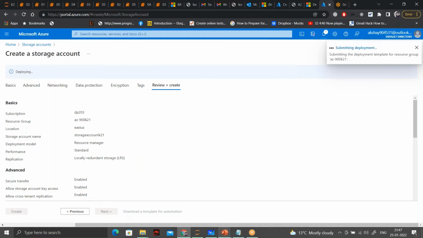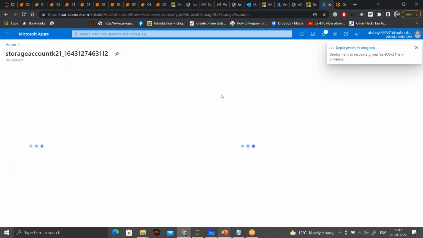So now this will create a storage account. Once my storage account gets created, then inside that storage account I will create a blob container.